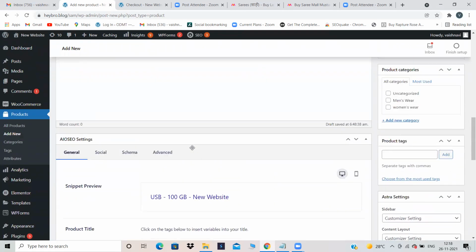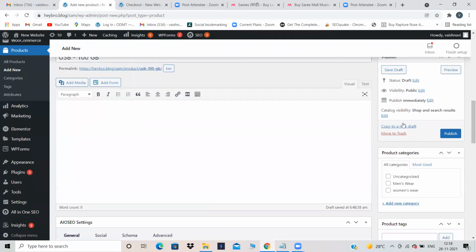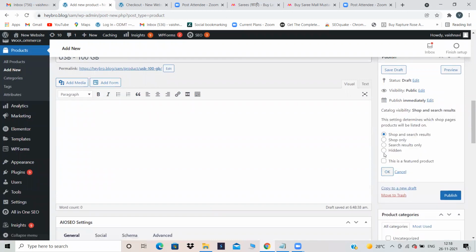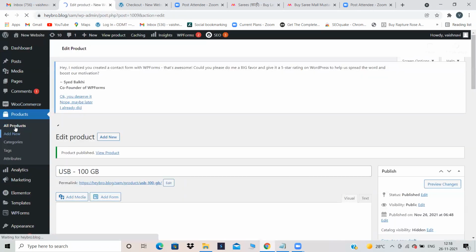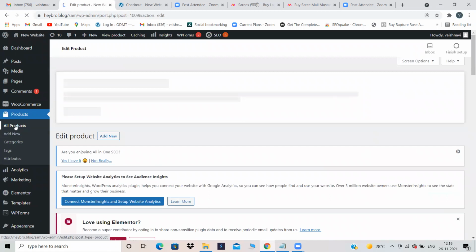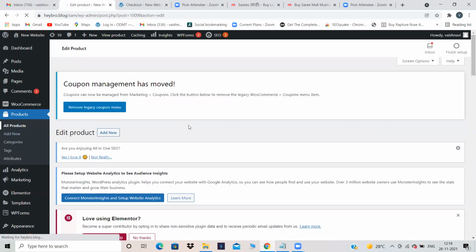And then catalog visibility hidden. Publish. And then we should go to USB. And we should link those 2 products.